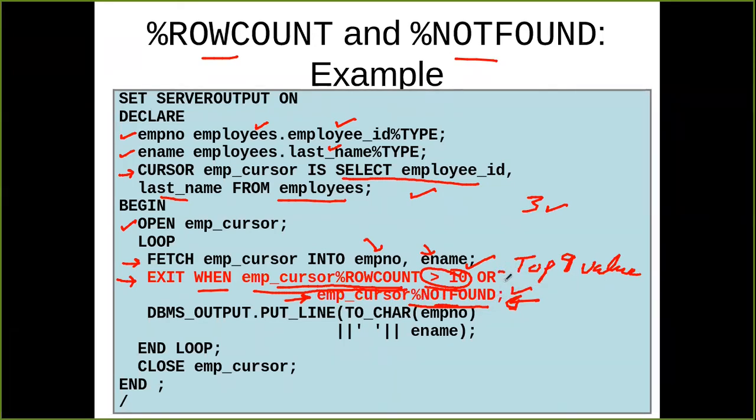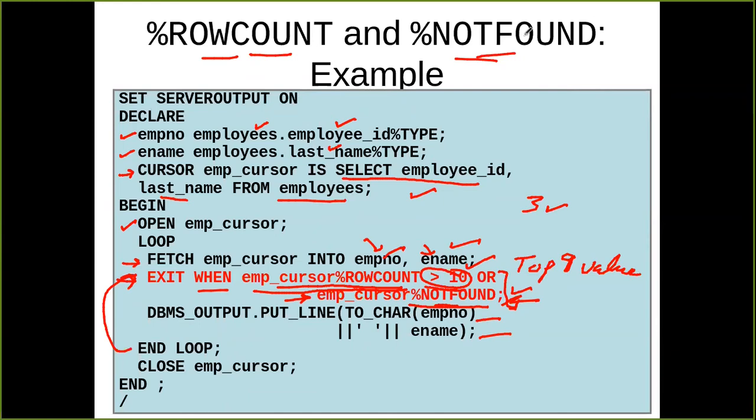And if neither of these two conditions is satisfied, then whatever values are read into employee number and employee name will be printed on the monitor. So this loop will continue in this way. This is how you can use these variables. There are more such variables that you can find in the PL/SQL documentation, and you can use them in your program.